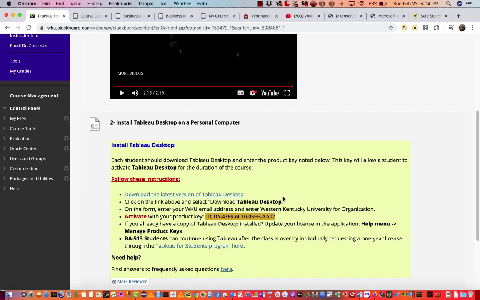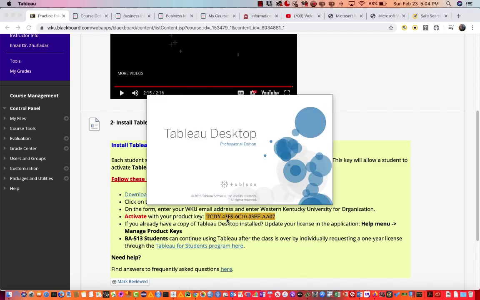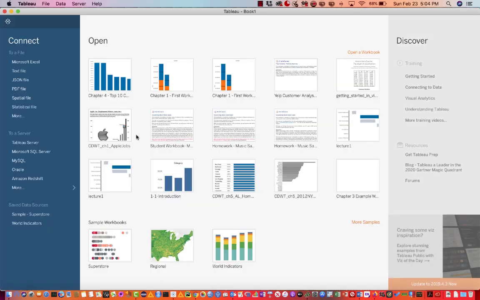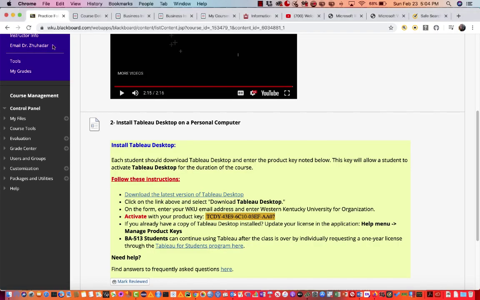Okay. There are many different types of Tableau products. We're going to use two. One of them is Tableau Desktop. So pay attention: Tableau Desktop Professional. This is how it's going to look when you open it. Let me open it for you. And the other one is Tableau Public. As you can see, this is Tableau Desktop Professional Edition. This is how it should look. This is the one you can manipulate the data in. The other one has a very similar interface, that's why I want you to pay attention to that, but it's called